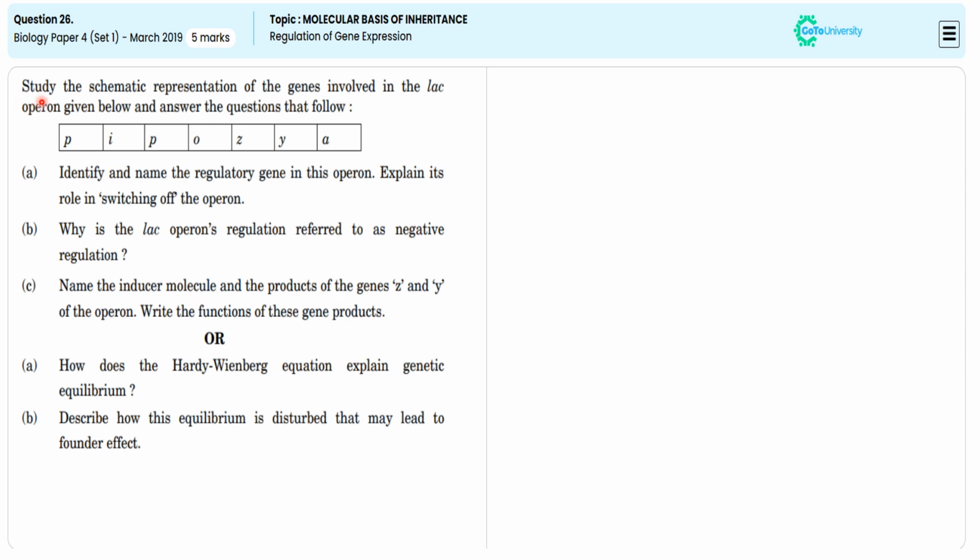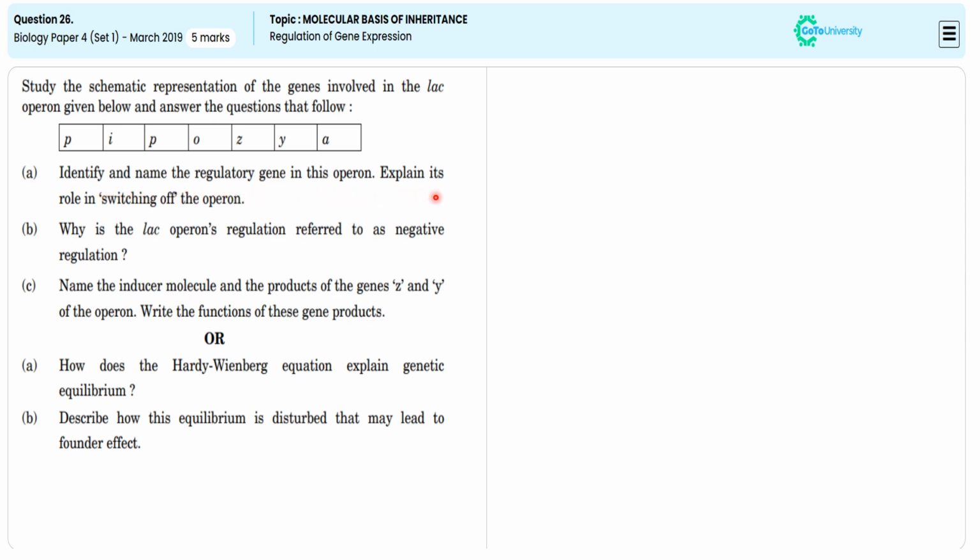In this 5-mark subjective question, they are directing us to understand the given systematic representation of the gene involved in the lac operon. With this specification, let me understand the given gene in this lactose metabolism controlling operon diagram to say the answer for the given sub-question. In the first sub-question, they are directing us to identify and name the regulatory gene in this operon, and then